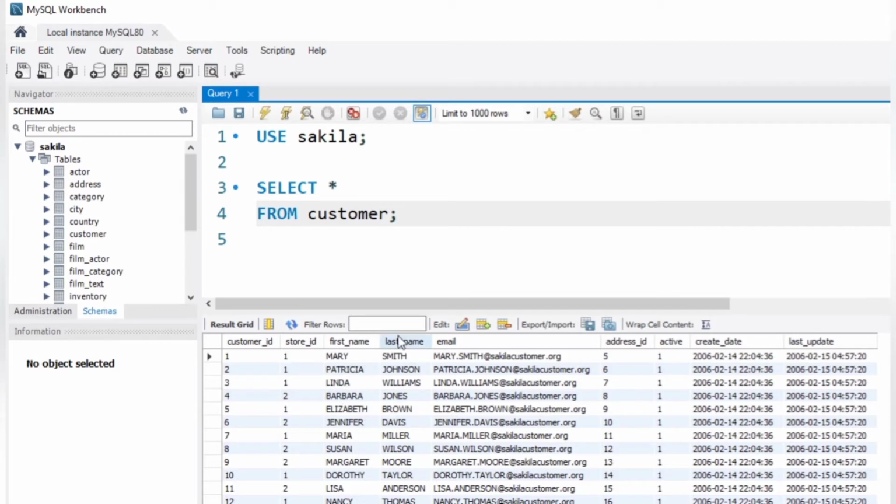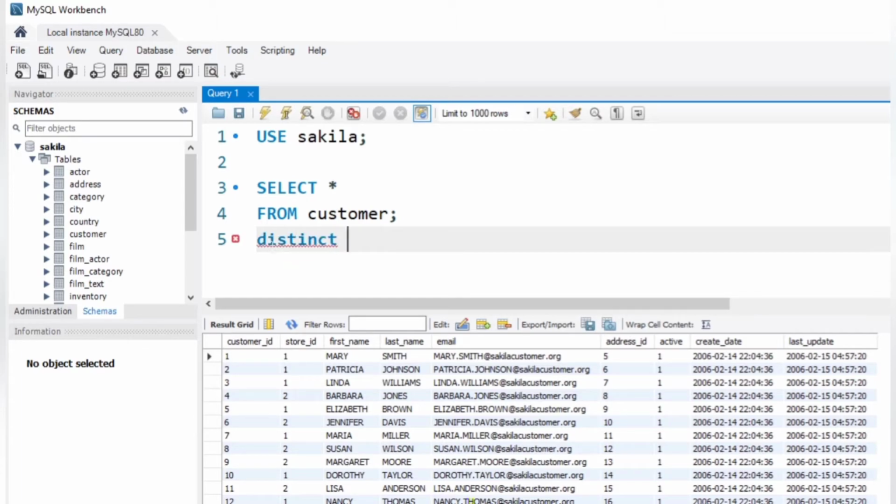Let me talk about duplicates now. If any of the records is repeated twice or more than that, then it is taken as a duplicate. And you cannot have the same email ID for each of the persons, right? So if you have that, it's not good. And you can see a store ID here. You have 1 and 2, only these two numbers in this column. And we use a distinct keyword to remove all the duplicates.